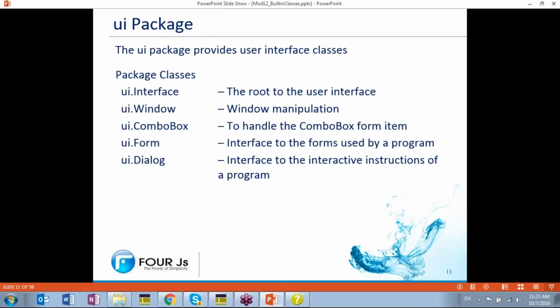The UI package is probably the most commonly used package. That's where you see UI.interface, UI.window. These are all classes in this UI package that we can use to work and interact with the user interface. So of course there's classes here to work with windows, combo boxes, so we can load combo boxes with special methods. We've got class methods to work with forms in the UI.form class, and we have the UI.dialog class